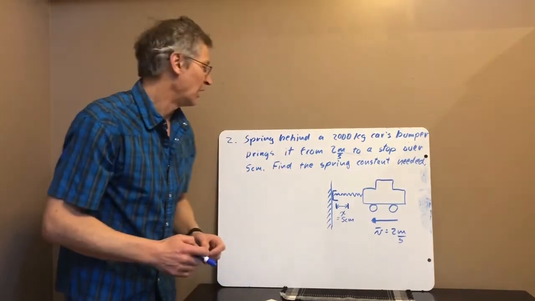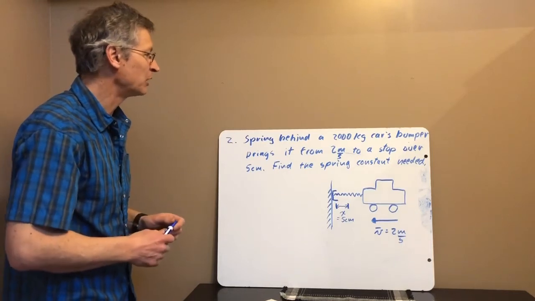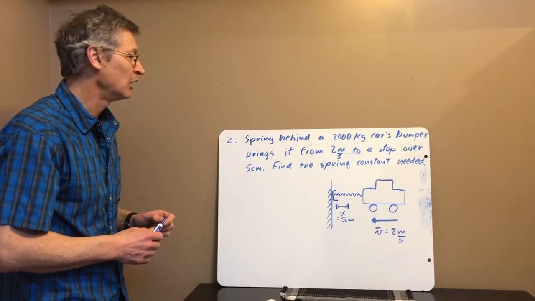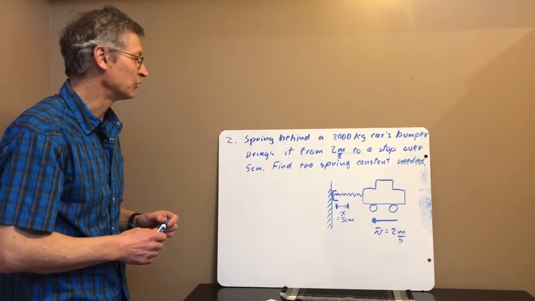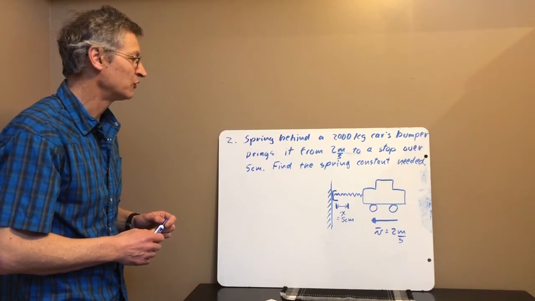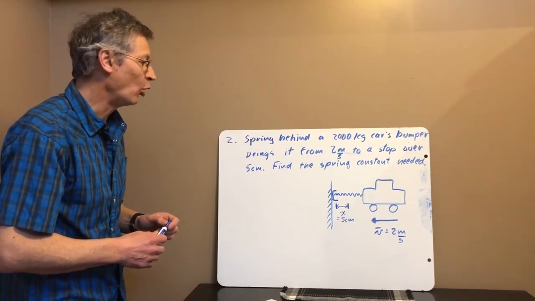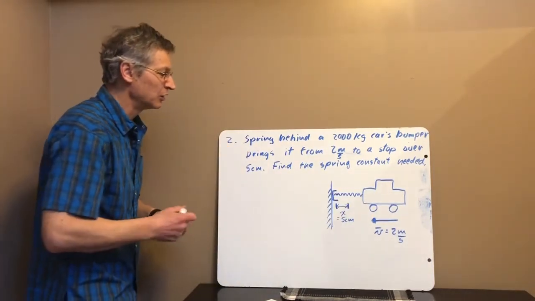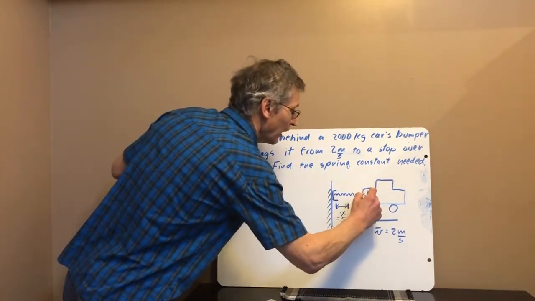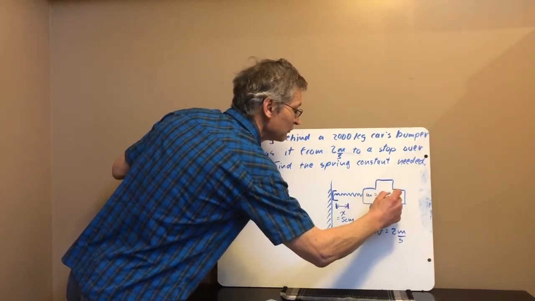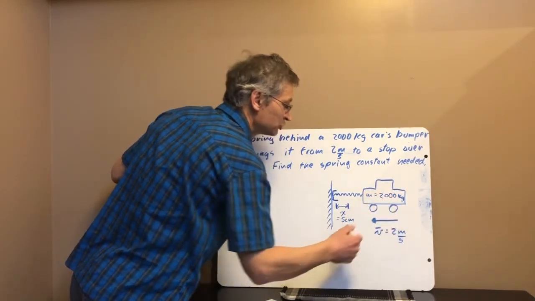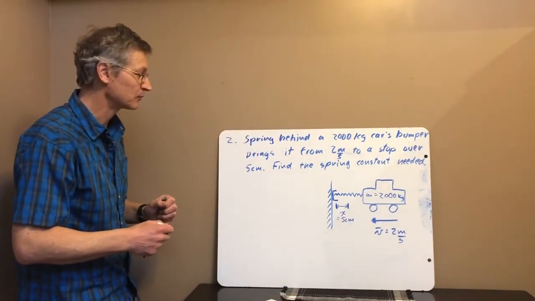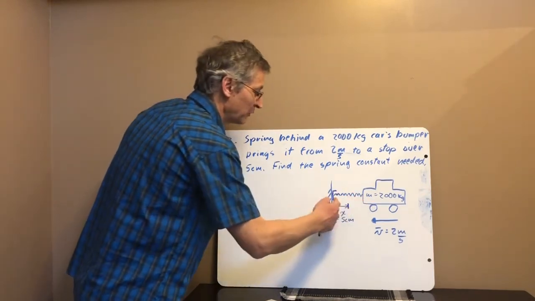Okay, so let's take a look at our problem. The spring behind a 2,000 kilogram car's bumper brings it from 2 meters per second to a stop over 5 centimeters. Find the spring constant needed. So again, first thing, draw a diagram of the situation. Here's our car, with a mass of 2,000 kilograms, and it's driving along at 2 meters per second, parking lot speed, and it runs into something, let's say